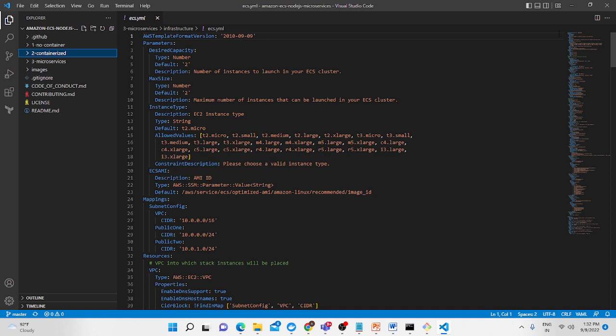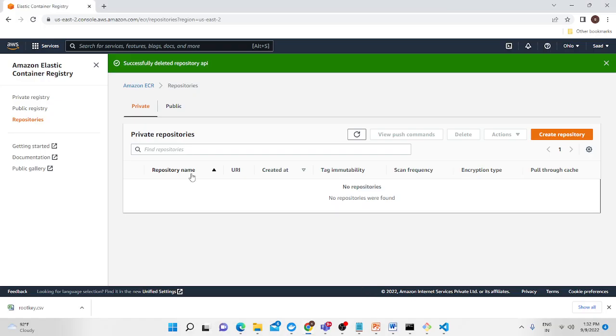Okay, so once we have done that, we are all set in terms of doing some of the prerequisites and also downloading the source code and opening up the project. And I'm using Visual Studio Code here, as I said. Now what we have to do next is configure a repository. For that, we're going to get into